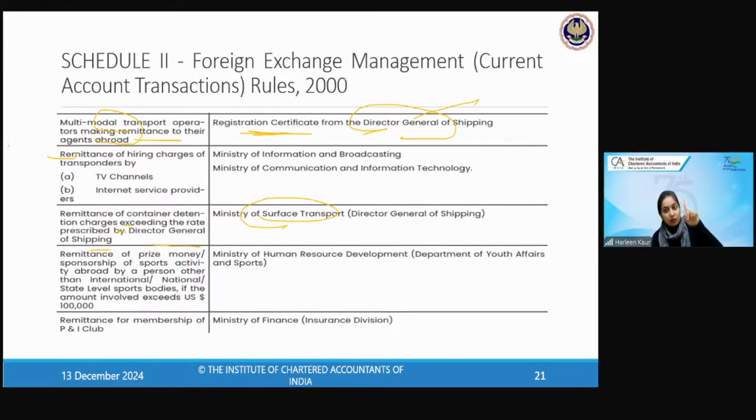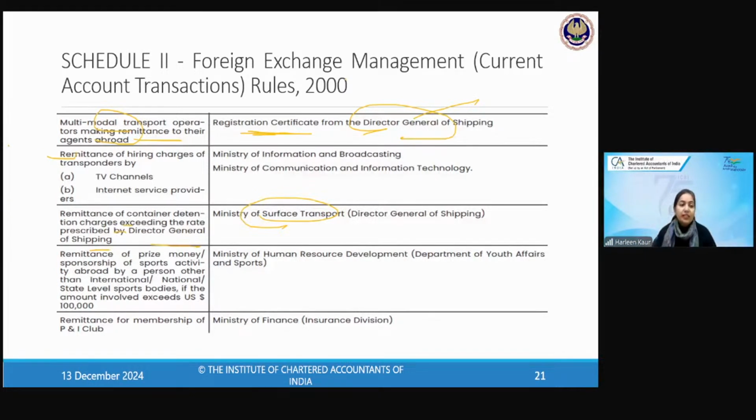First one was cultural tools. Second is for the advertisement. Foreign print media, other than those 3 purposes, exceeding $10,000, approval is required, and by state government or public sector you undertake. Then the 4 cases you have learned are for the ship charges that you have to pay.